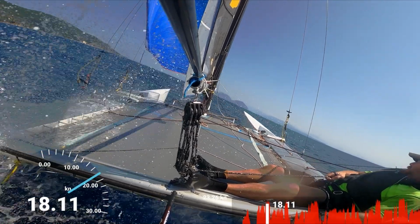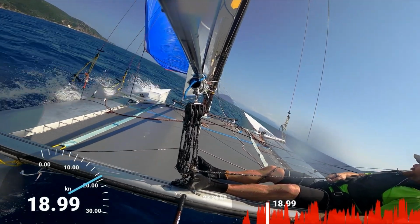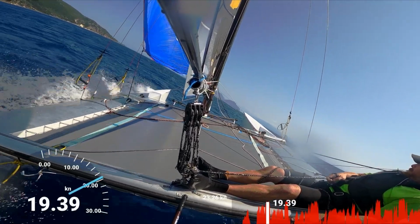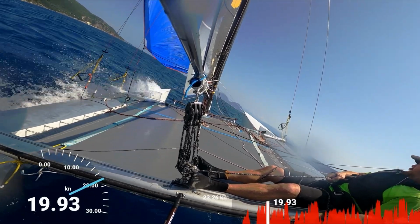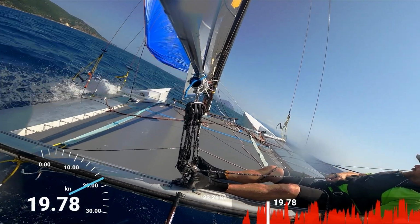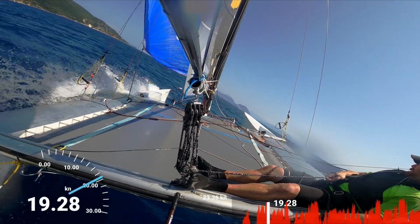So on the downwind, Marco's keeping the spinnaker as loose as possible, easing it out just until the luff curls, and then bringing it back in. You might be able to see a slightly loose foot on the spinnaker. This might be because we had the luff a little bit too tight